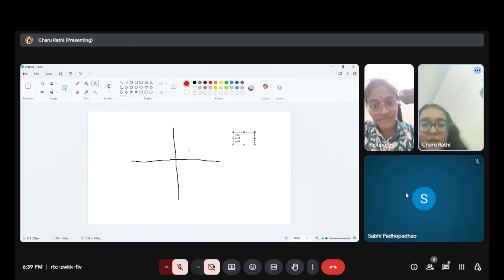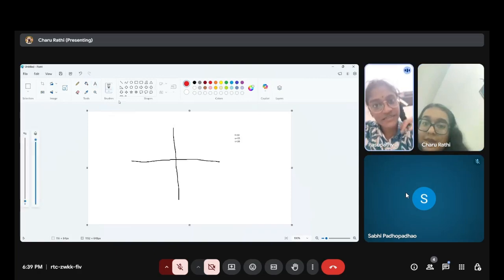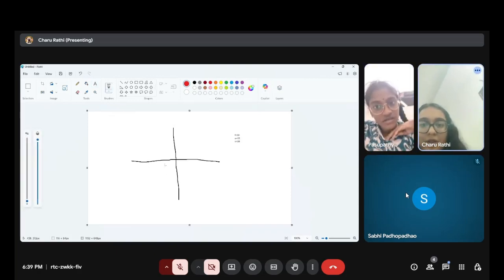So where should I plot them? This is the y-axis. On the right hand side of the y-axis or the left hand side? Left hand side of the y-axis. Very good. So this is where my u is. This is f at 10. This is u at 15. This is v at 30.